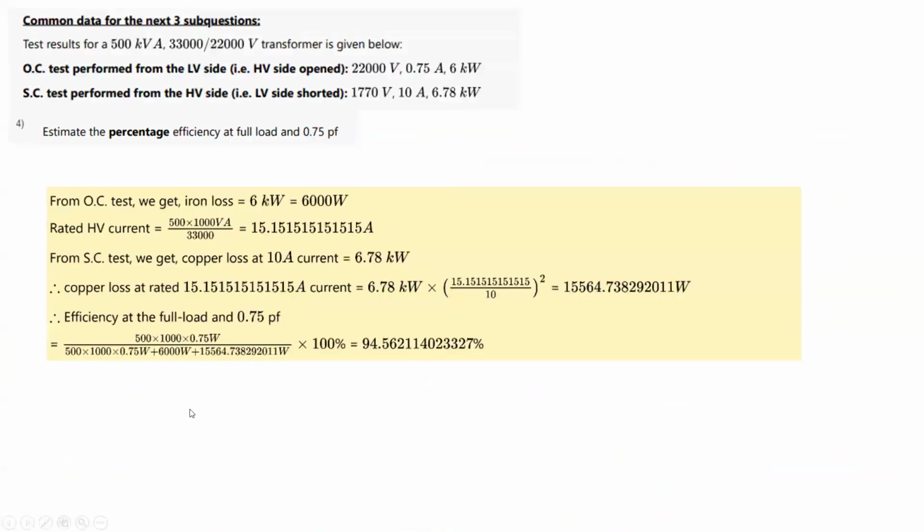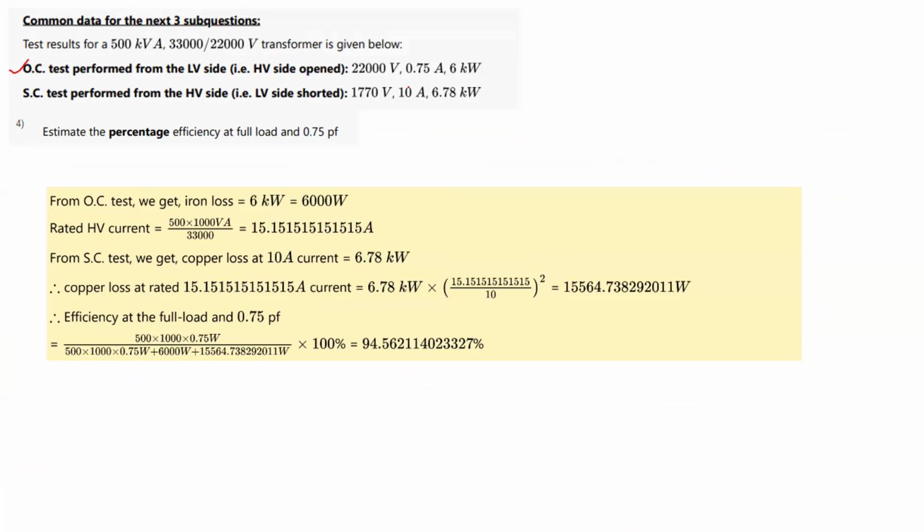So now we go to the fourth question. Now in the fourth question, we are seeing the OC test and SC test. Now they are combining the OC test, SC test and efficiency questions. Okay. So here they are saying that the OC test is performed from, because we have discussed that it is